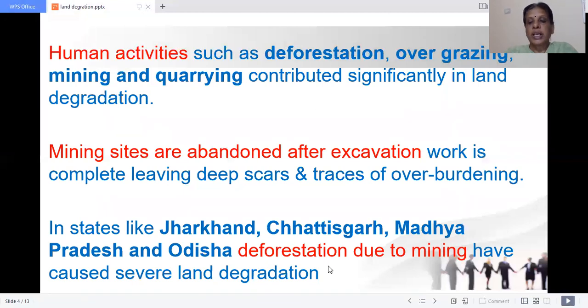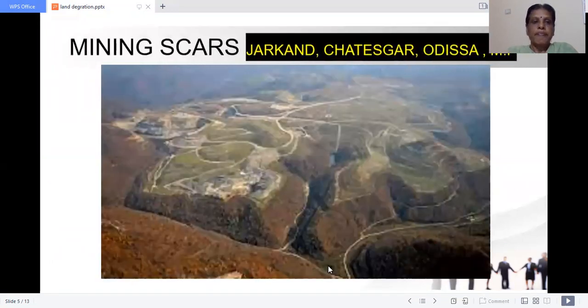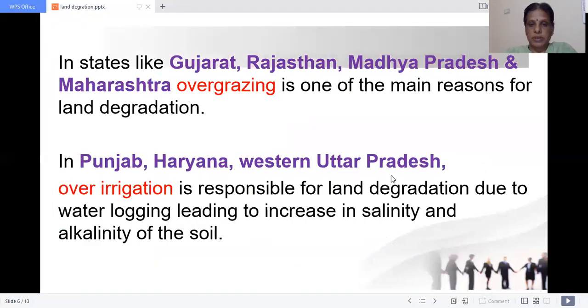Which areas? Jharkhand, Chhattisgarh, Madhya Pradesh and Odisha. I will show you the map, and seeing the map you will be clear. See, mining scars. Mining scars in which area? Jharkhand, Chhattisgarh, Odisha and Madhya Pradesh. Okay. Then in states like Gujarat, Rajasthan, Madhya Pradesh, Maharashtra,